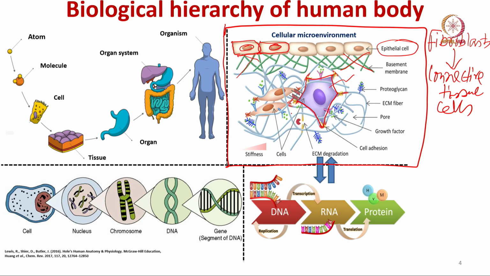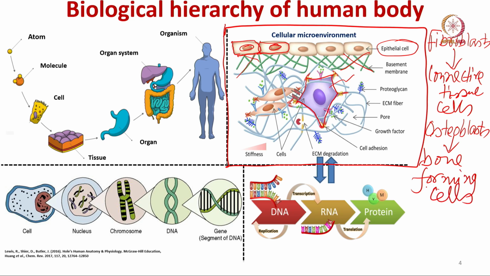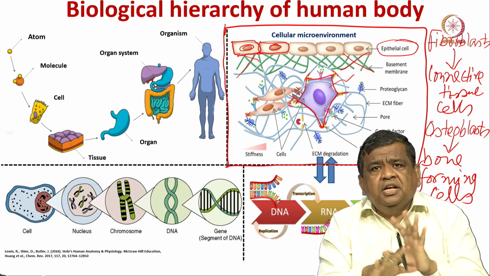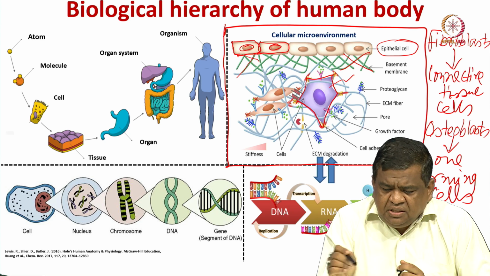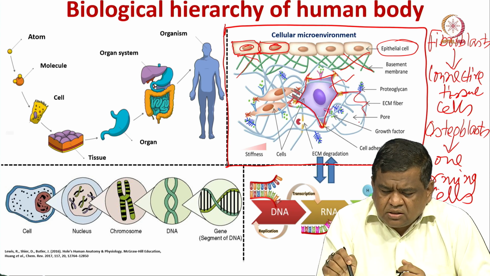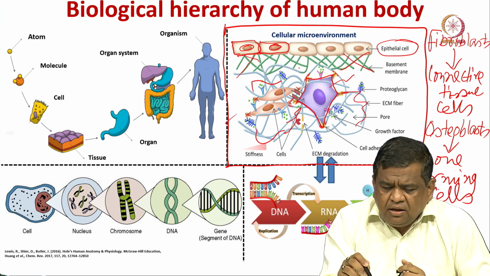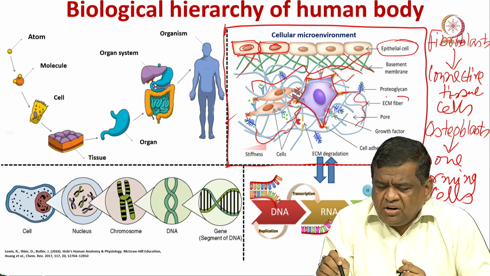Then some of the cells can be osteoblast. Osteo means bone, blast means formation. So, this is the bone forming cells. Now, these cells are essentially dispersed rather randomly in the tissue below the epithelial tissue, and the matrix outside this cell, you can see these matrix are essentially